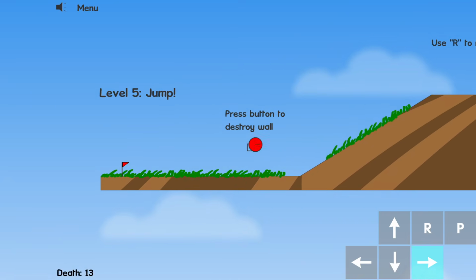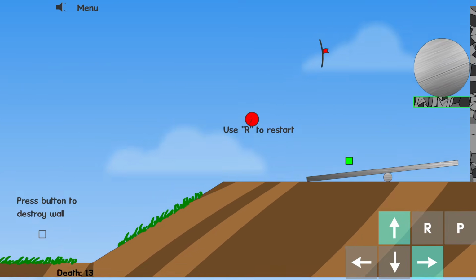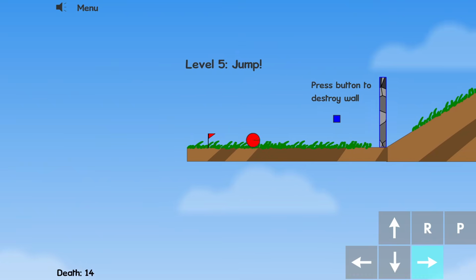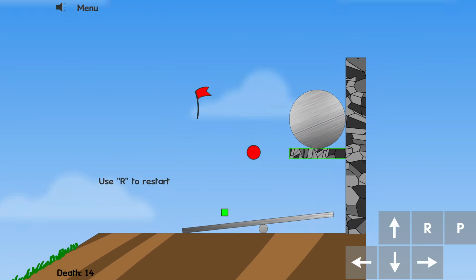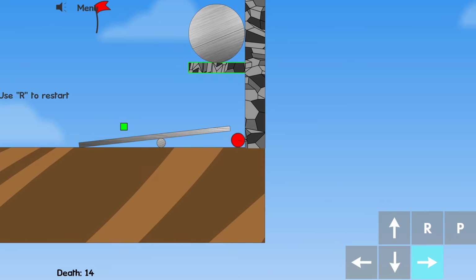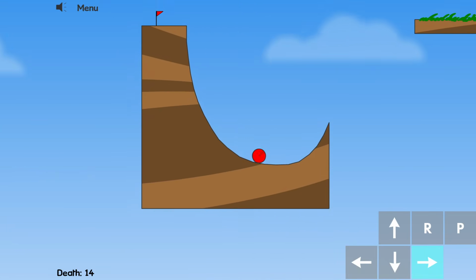That time I jumped too early. That time I also jumped too early. And that should work. Here in level 6, you're going to want to get a good amount of speed off